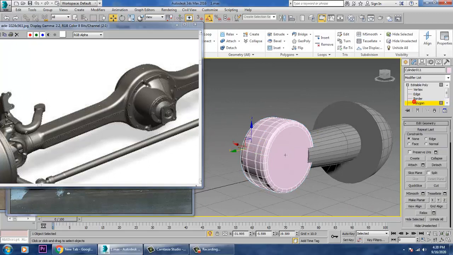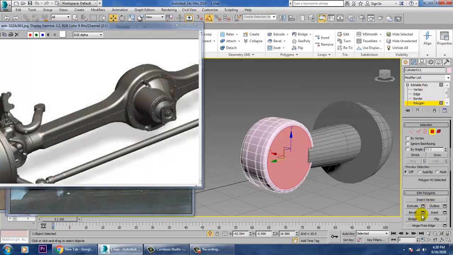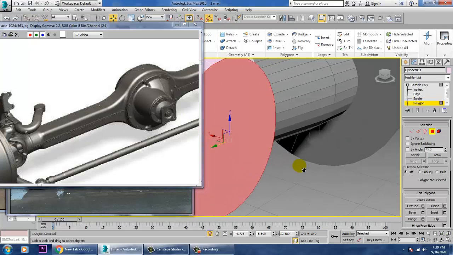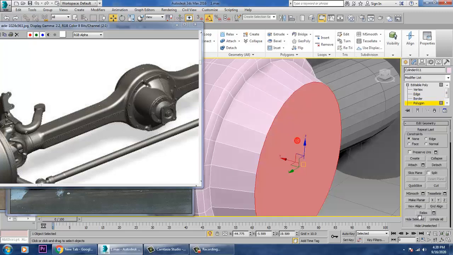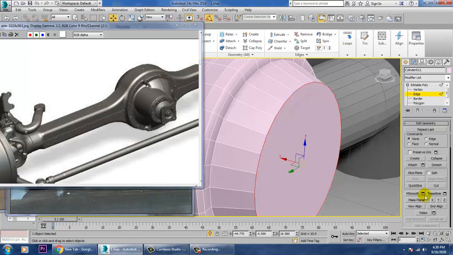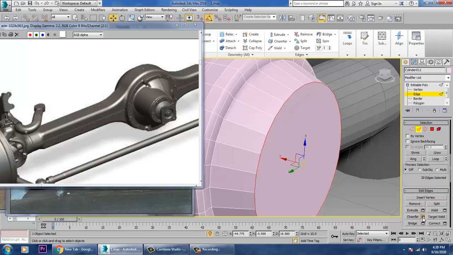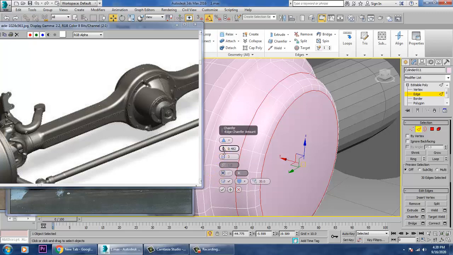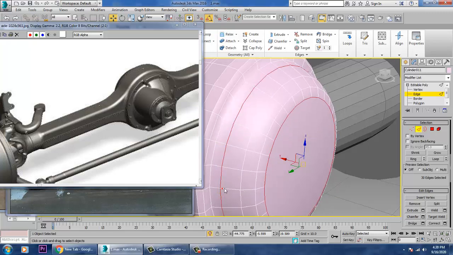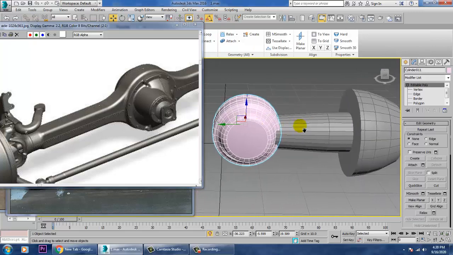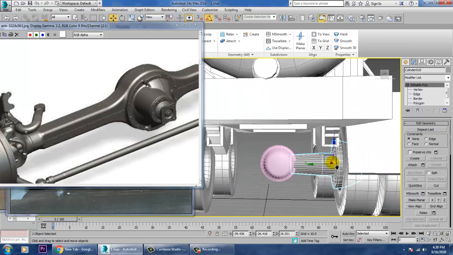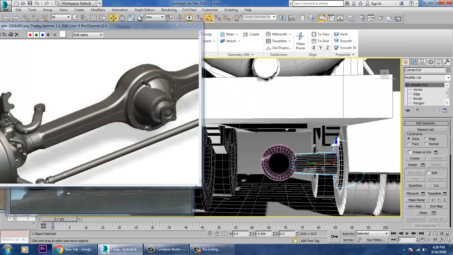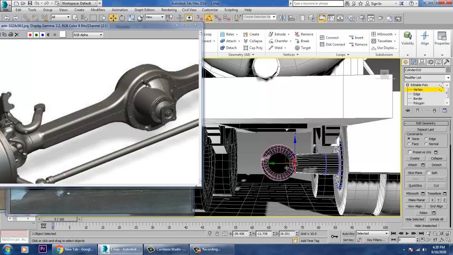Select this polygon and let's give a bit of bevel to it and click OK. Select all its edges and let's give a bit of chamfer to it and click OK. That's it. Once you're done with this, you can select this, right click and isolate this, select this part, and push it inside.